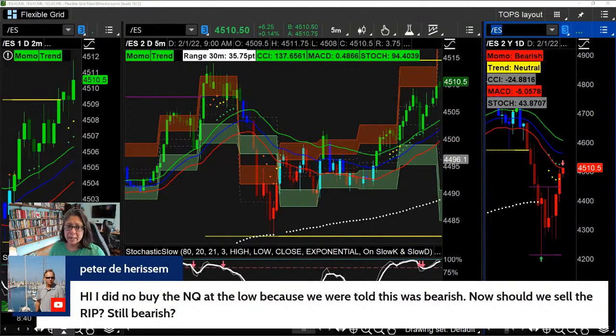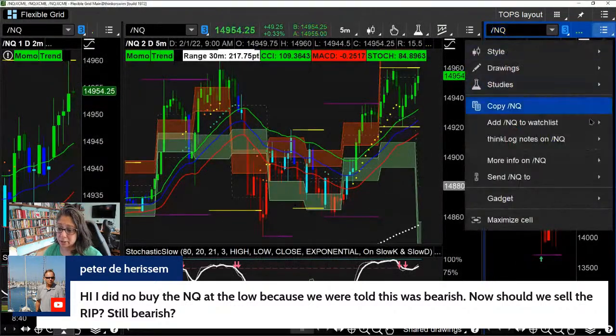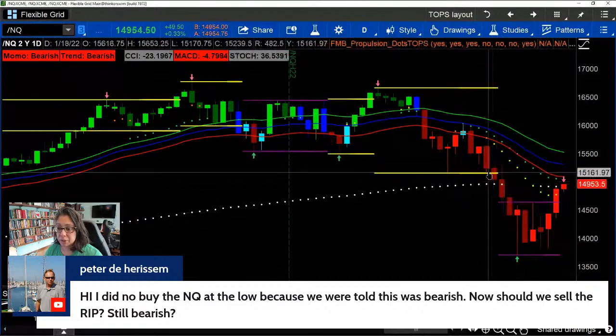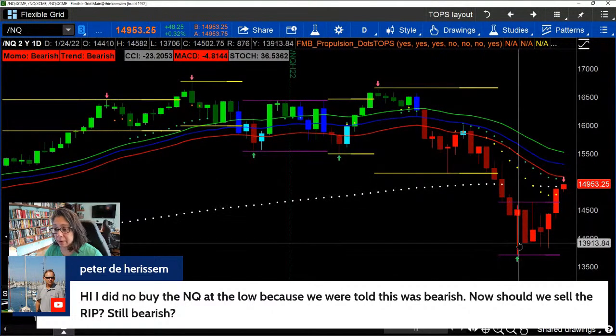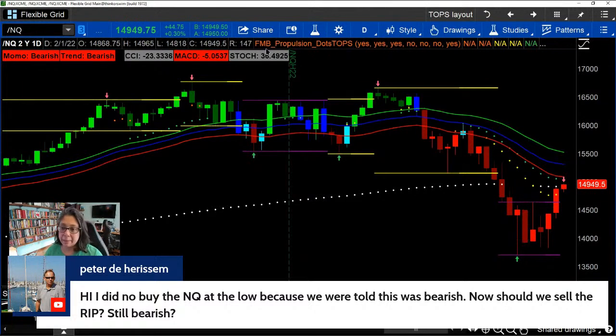And first up, Peter mentions, I did not buy the NQ at the low. Right. And how would we know it's the low, Peter? I mean, let's be frank. Looking back, we know it's a low, but which one of these? Was it the 19th and 20th, or was it the 21st? Oh, no, maybe it was the 24th. No, maybe it was the 20th, right? So how do we know it's the low? So let's not put on ourselves the pressure of being fortune tellers. Nobody knows what the low is, right?